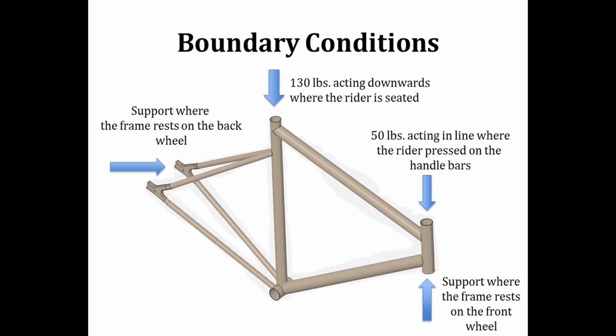Concerning the boundary conditions, a bicycle frame rests on two wheels, and therefore we have the connections on the frame defined as supports. We also define two forces acting on the frame, the first being 130 pounds acting downwards on the frame where the person would be sitting on the seat. The second force is 50 pounds acting in line with the bicycle frame, originating from the point where the handlebars would be connecting. In this way, we have attempted to simulate a person riding the bicycle and not simply sitting